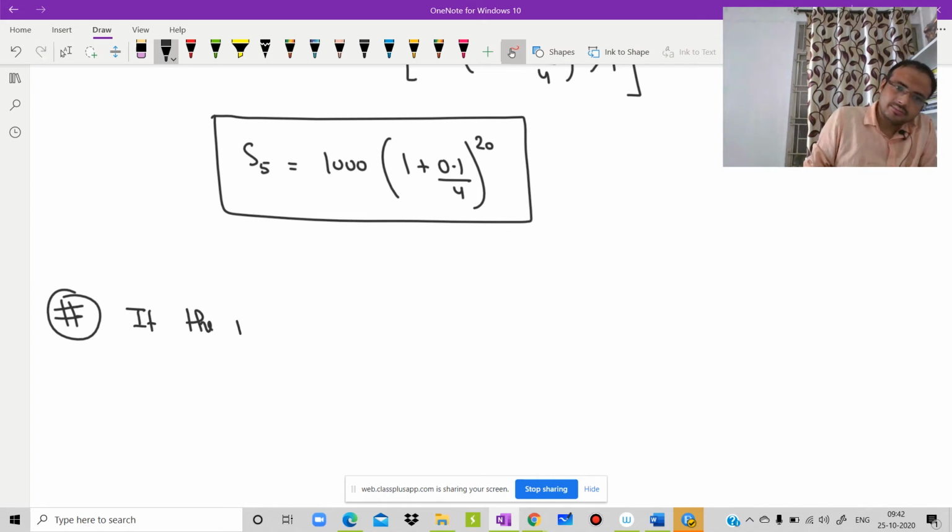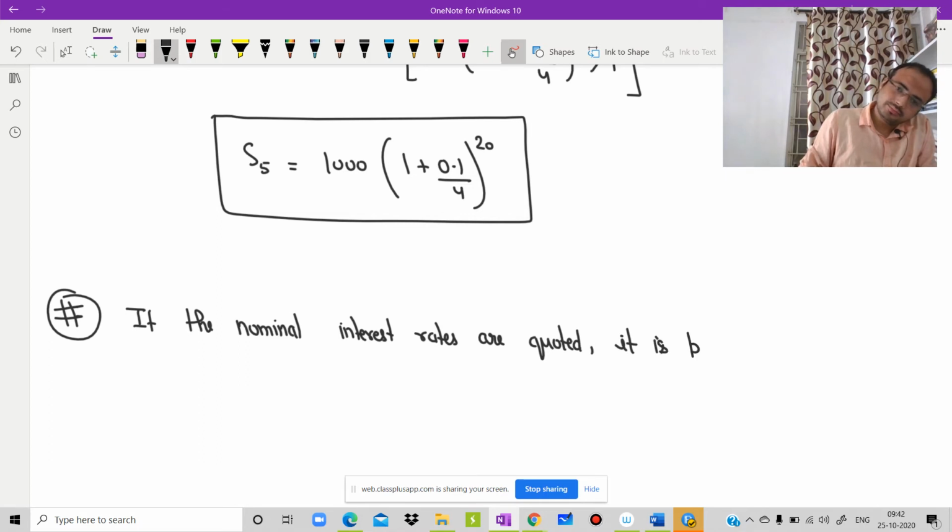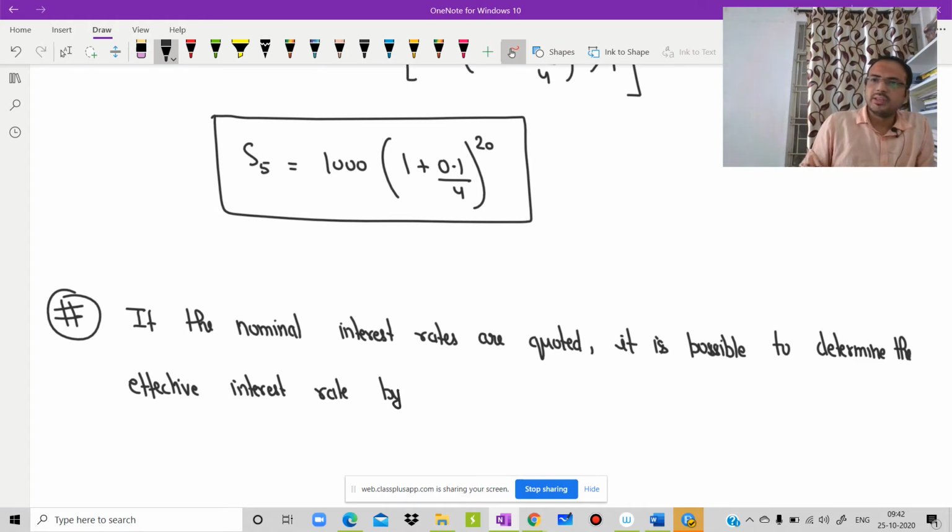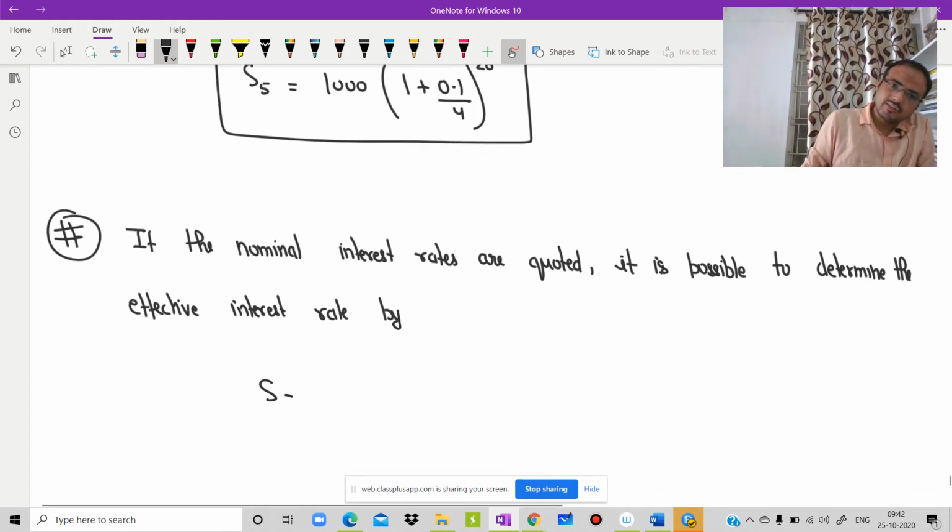If the nominal interest rates are quoted, then it is possible to determine the effective interest rate from the given term, that is S = P(1 + i)^n. You already know